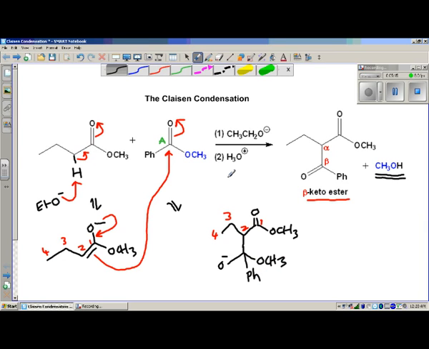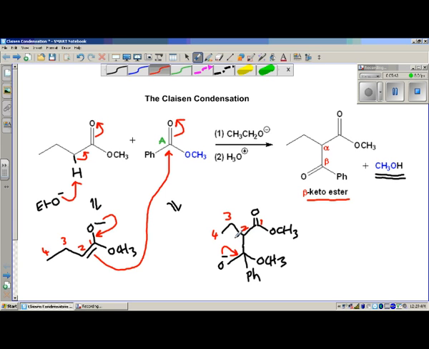Now, what do you think is going to happen at this point? What is that O minus going to do? And bear in mind, we have not thrown the H3O plus in yet. This is still all the result of the base and the enolate attacking the other carbonyl. Well, if you've ever seen anything like this before, you've seen these electrons go back into here,